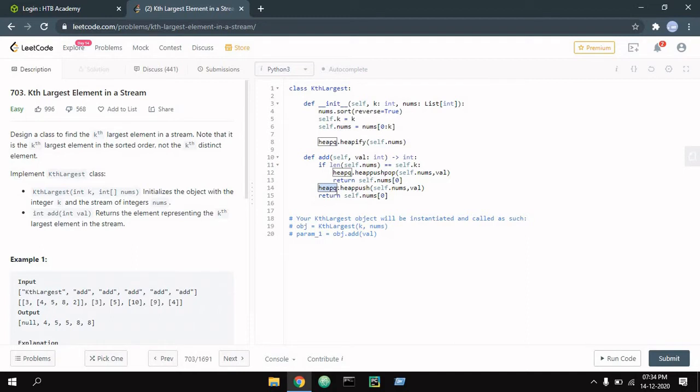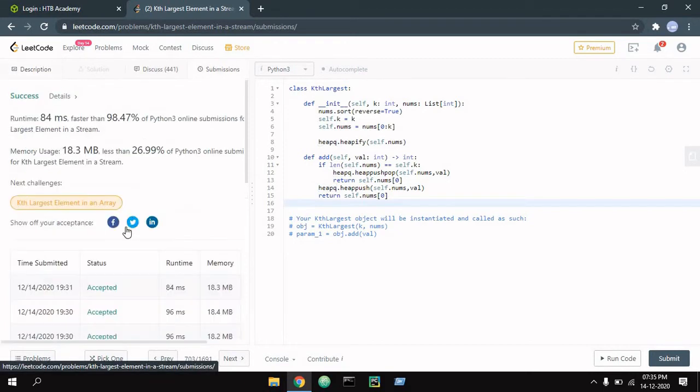Now heapq will do all the work for me, and it is an easy implementation. And in heapq we get a min heap because of the heap sort algorithm, as heapq is also used in the heap sort algorithm. That's a topic for another video. Now you can see this code and also see the results. It is 98.47% faster.